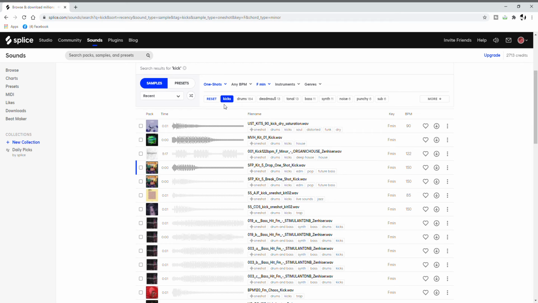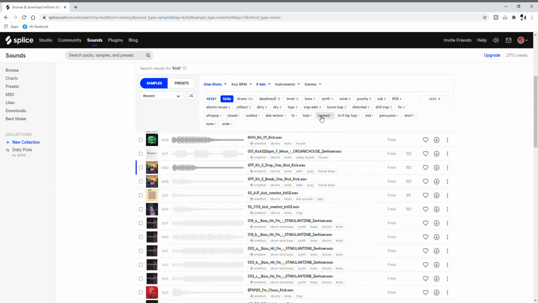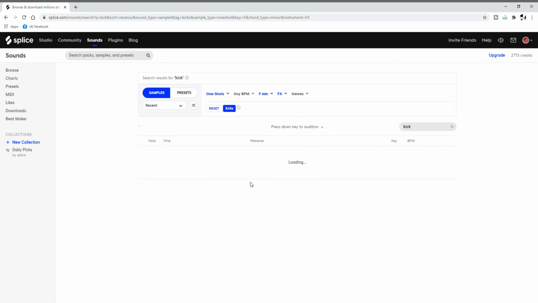And then you've got more tags here that you can add. Then you can also select, I don't know, maybe if you want a kick drum effect and not necessarily a kick drum, then just set it to effects here. Now you've got a kick drum effect. Let's listen to this. So a kick drum effect that's in the key of F minor. Fair enough. And if I clear these search terms,